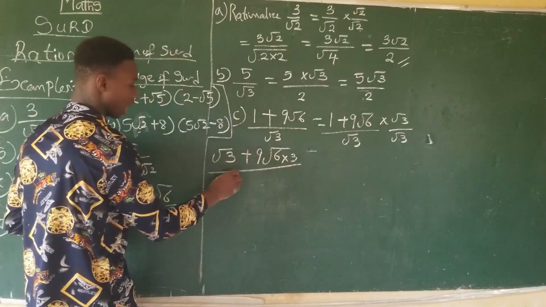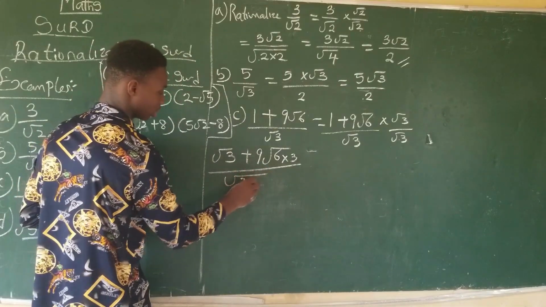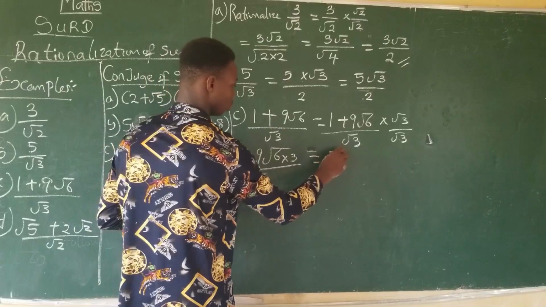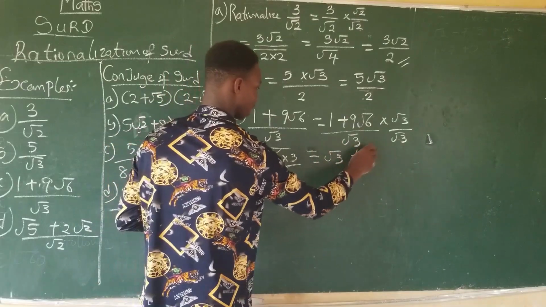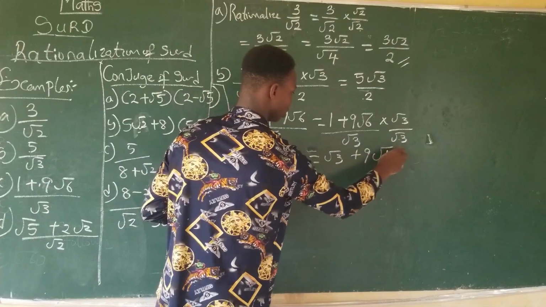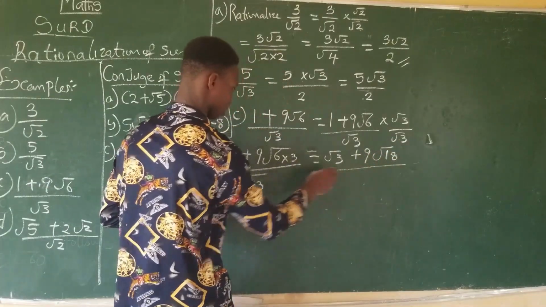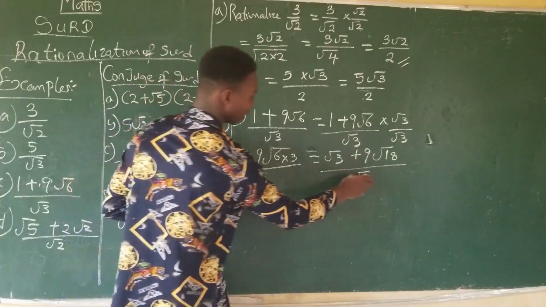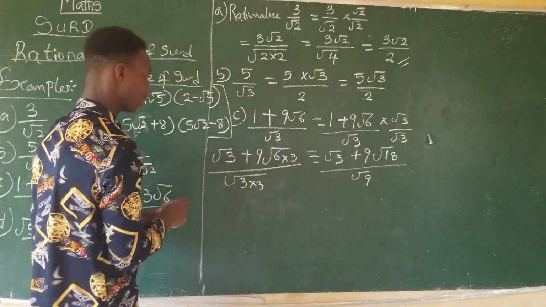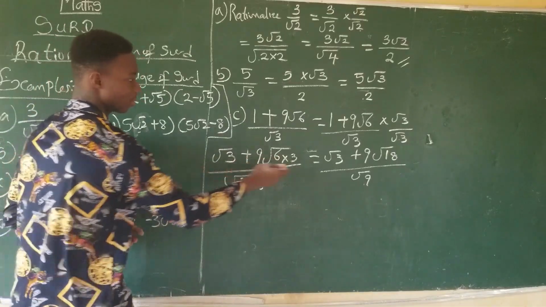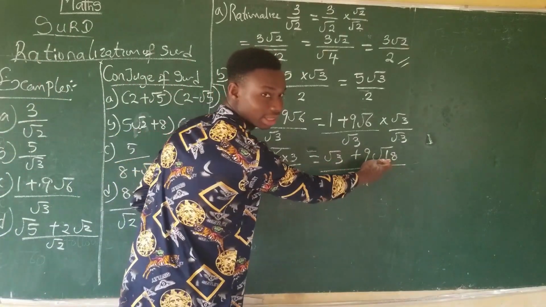Pick one of the root out. 3 times 3. So from here we can have it as root 3 plus 9 root 18 all over 3 times 3, we have here as what? As 9. So for this part of this question, since what we have here is 18,